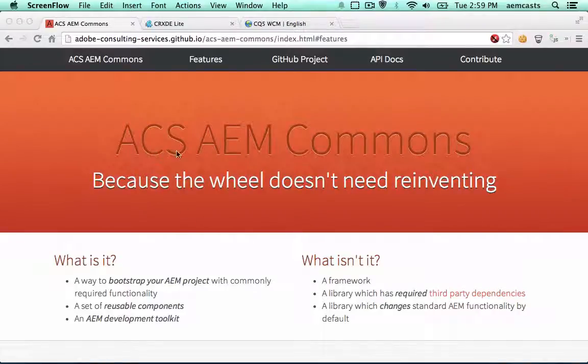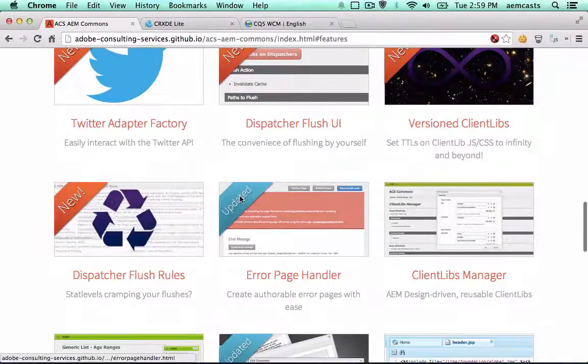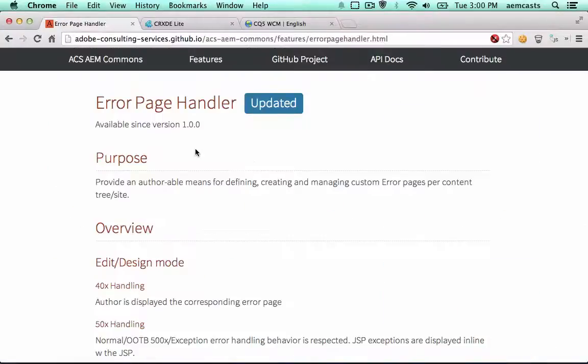Now that we've installed the ACS AEM Commons project, let's take a look at enabling the error page handler feature. So I'm going to go ahead and click on features on the project homepage, and scroll down until I find the error page handler. I'm going to click through to this, and what this does is it allows authorizable error pages to be created